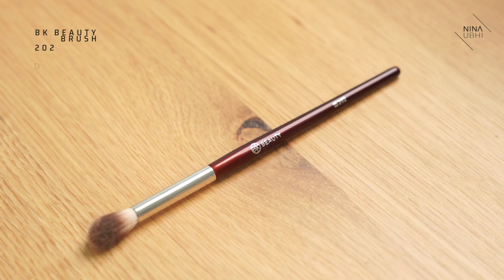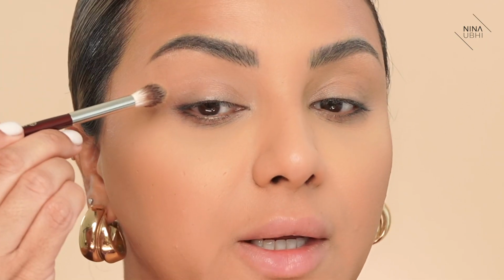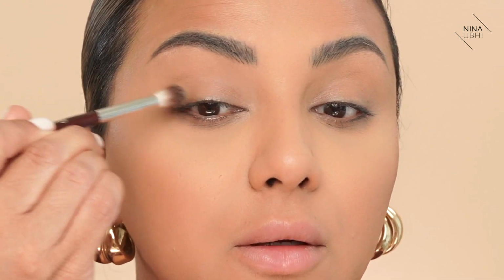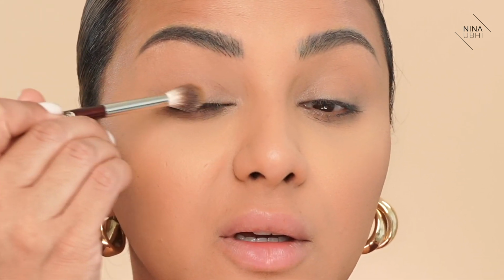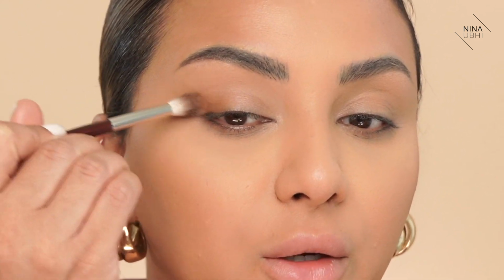I'm gonna use my BK Beauty 202 brush, and I'm gonna take this into the same bronzer, and I'm gonna basically now just start from the end of my lash line. I don't wanna go too far into the whole lid. I just wanna focus on that lid area without taking it up into the brow area, because I wanna create a really nice kind of soft shadow